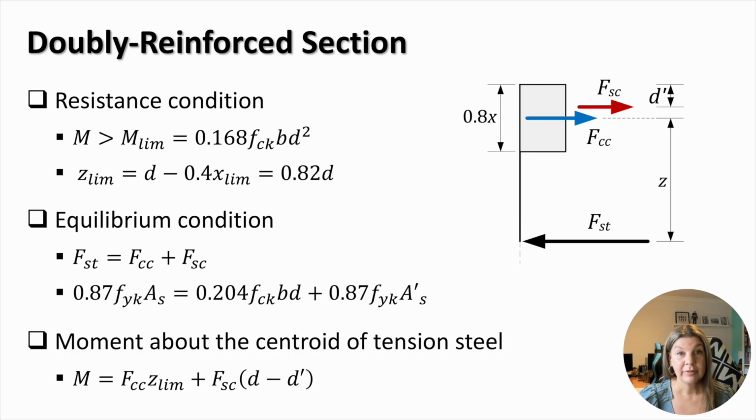The model of the doubly reinforced section has two equilibrium conditions: equilibrium of forces in the horizontal direction and equilibrium of moments. In the equilibrium of forces, the tension force in steel should balance the compression forces in both the concrete and top steel. This condition leads to the following equation with two unknowns, which are the areas of the